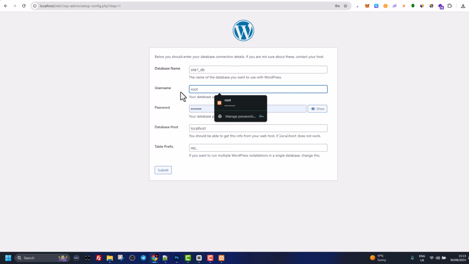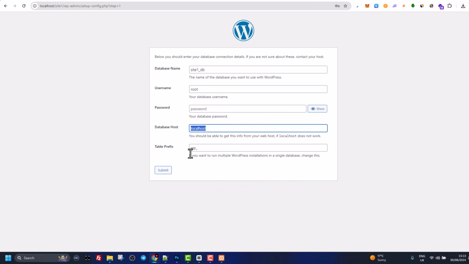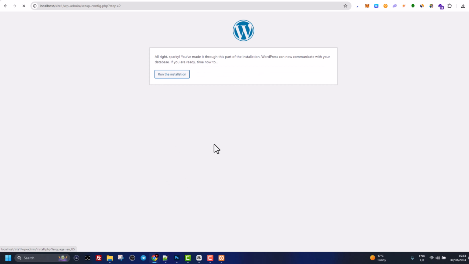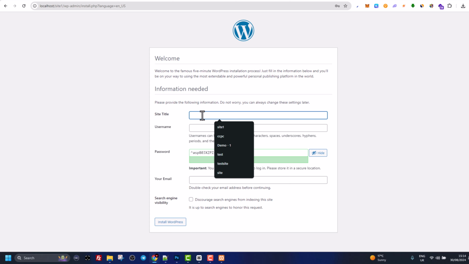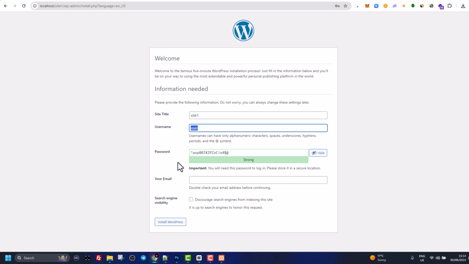If you are working on a local environment and you don't specify a specific username, as we didn't create a user or password for that user, then your username always will be root, as root user. So as we don't have any passwords, our database host will be localhost because we are working locally, and table prefix wp_, and click submit. Run the installation. Here we need to specify the site title. You can call your site as you want. I will call it site 1, and you can give a username, and this username and this password which you will be specifying here will be used to log in to the administration of your WordPress